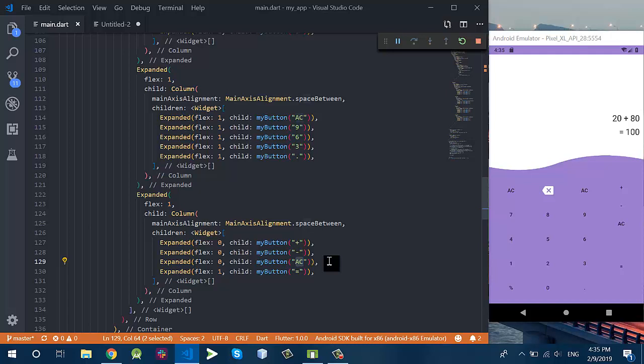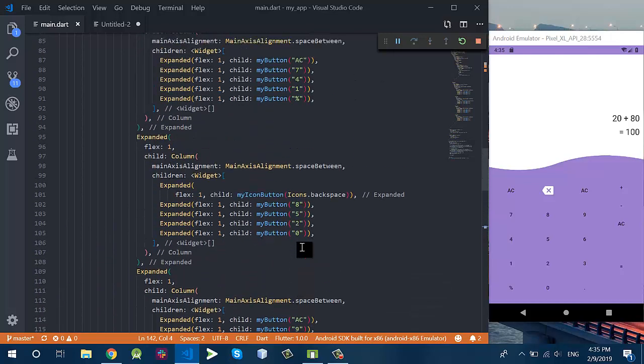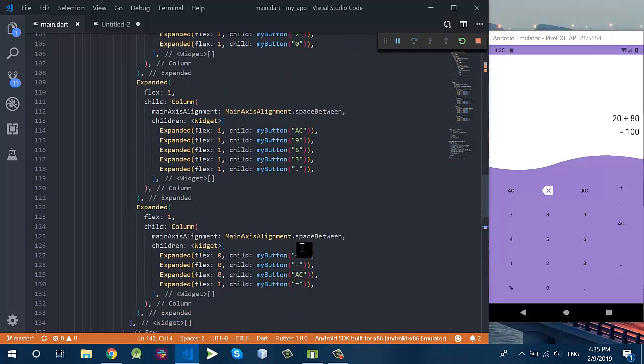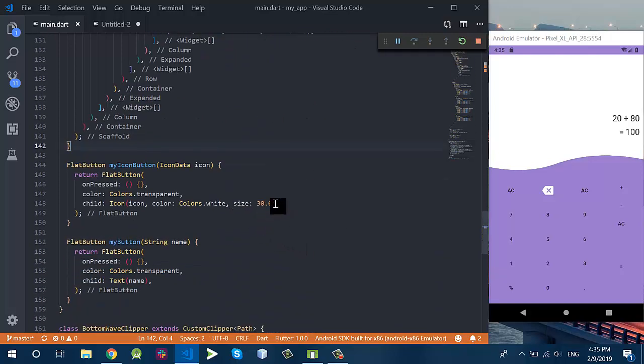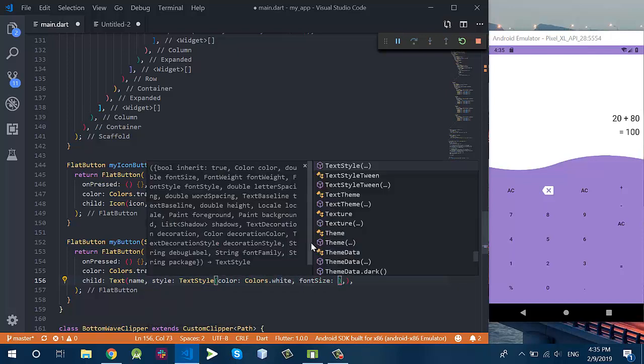Okay, so this is the equal button, and again we need 3 more buttons: divide, multiply. Okay. So now add the style of the text view,